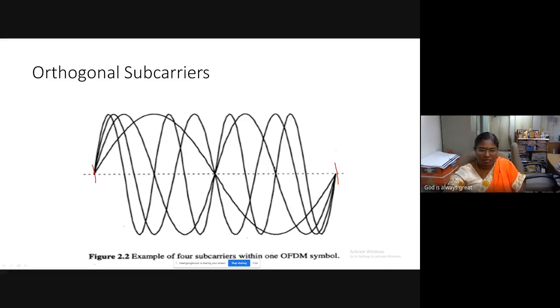Now this will be useful for us to understand how to keep orthogonality in the signal that is viewed as output. We have drawn 4 subcarriers separately, but in reality all the 4 subcarriers will be added up and you'll be seeing only one signal, one OFDM signal as the output. The 4 subcarriers are drawn separately just to give you clarity on orthogonality.